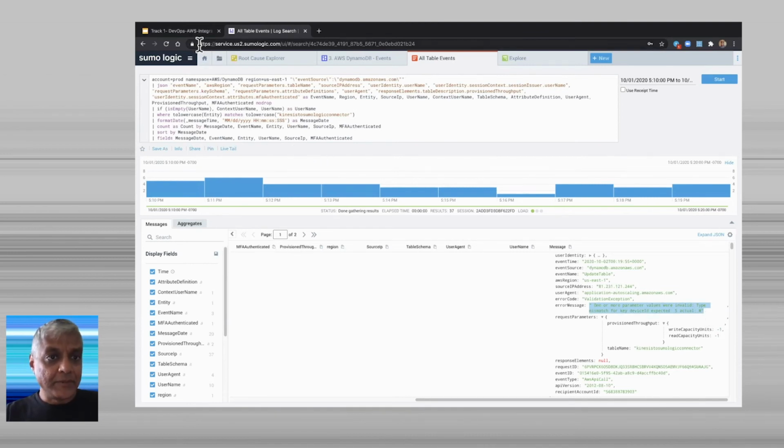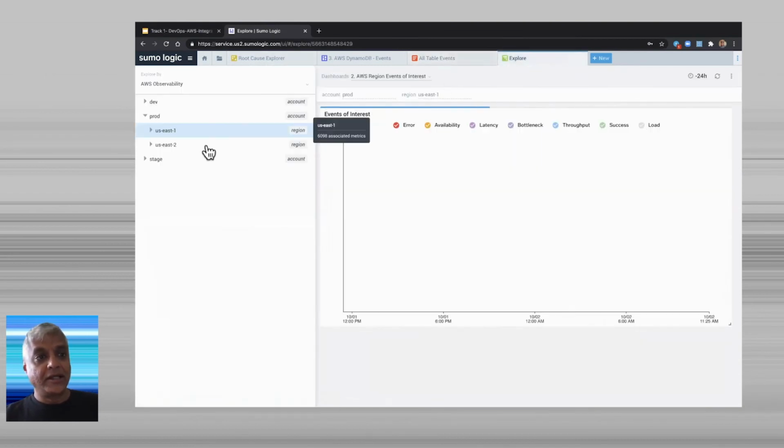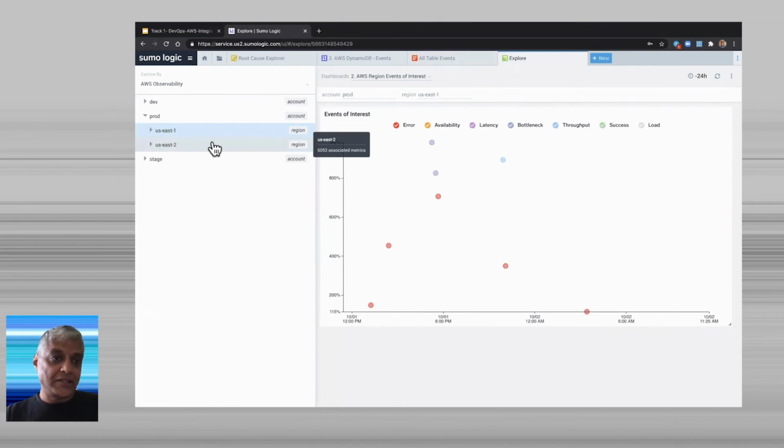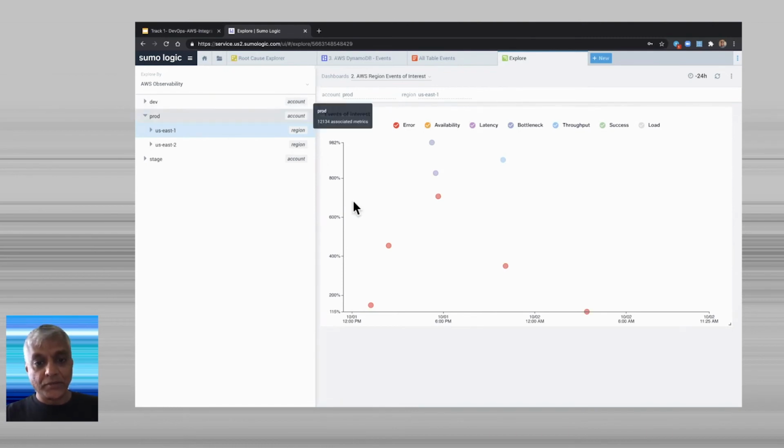To summarize, what you're seeing here is that when you look at AWS observability, the first thing it does for you is aggregate visibility across multiple accounts, regions, namespaces, and entities. And then with Root Cause Explorer, it pulls in the context and applies the 6 strategies that we talked about with respect to timeline, with respect to looking for spikes in particular metrics, building the correlation and context for you in terms of what else is going on around the timeline of the incident,